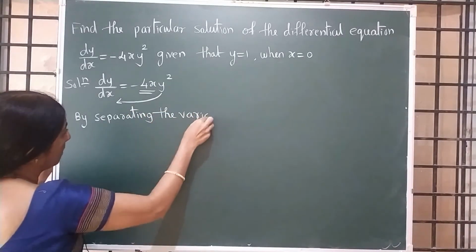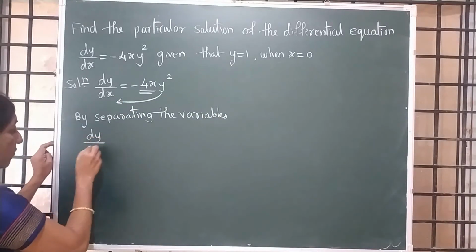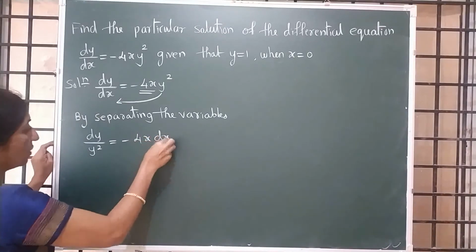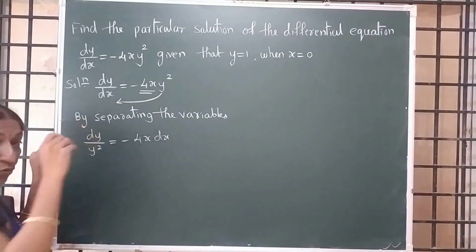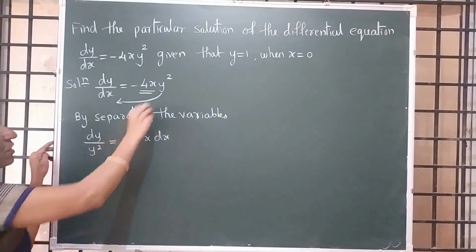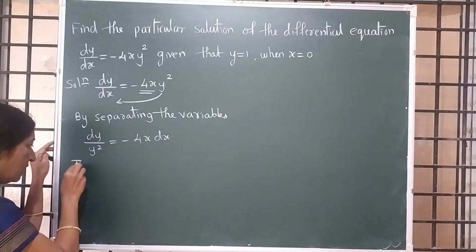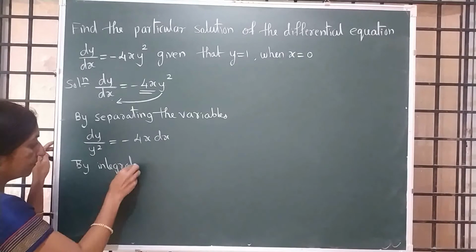By separating the variables, dy upon y square is equal to minus 4x into dx. See, they separated, that's why I put the arrow, to explain you. Take y square here, dx here. Then they are separated. After that, by integrating